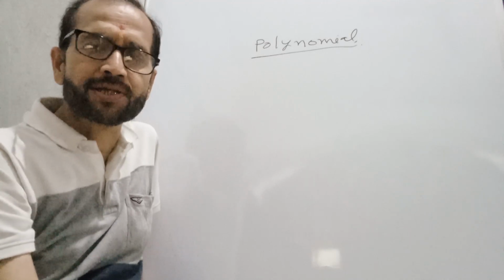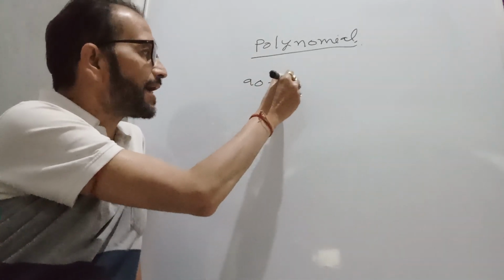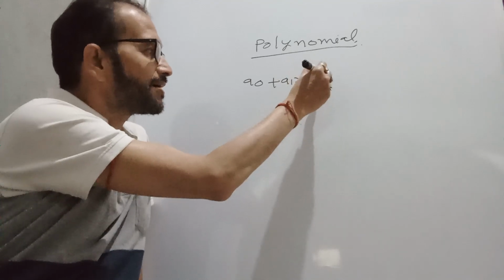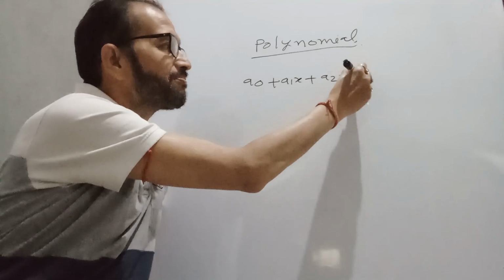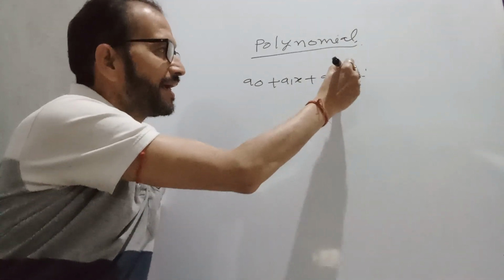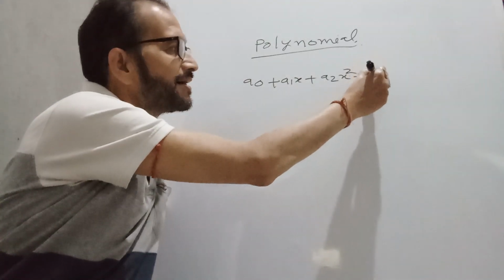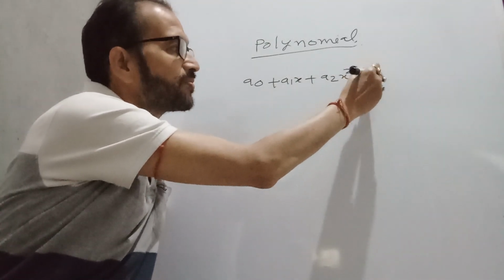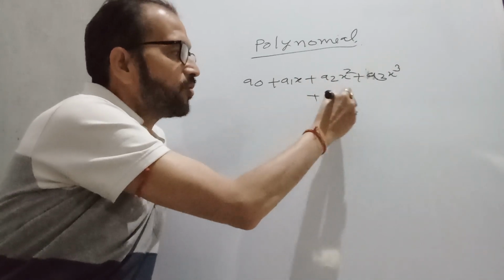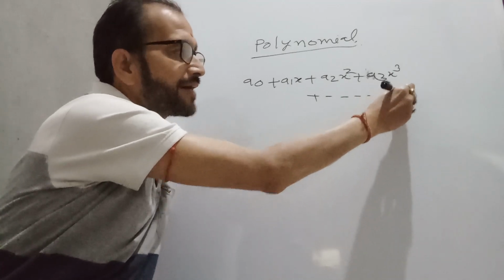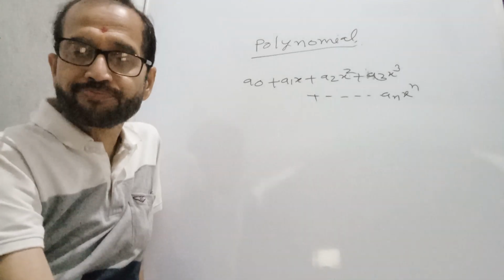Any algebraic equation like a0 plus a1x plus a2x square plus a3x cube, and so on up to an x raised to the power n, is known as polynomial,